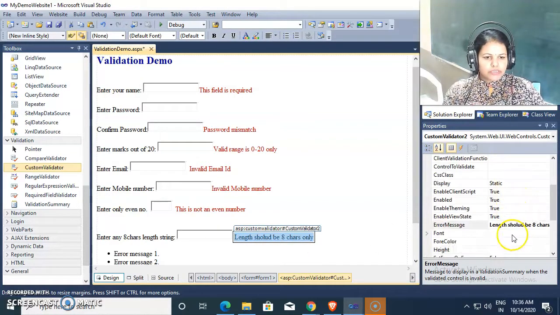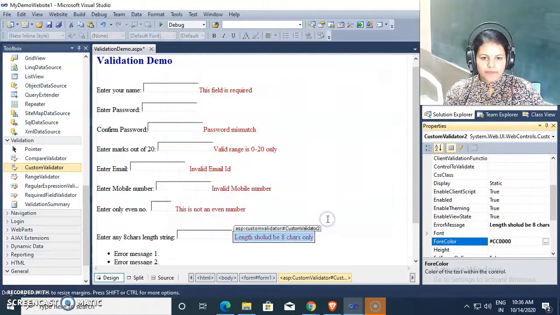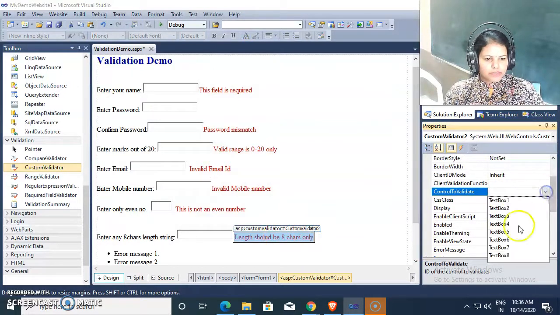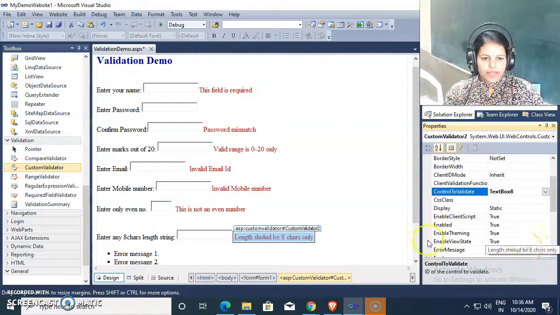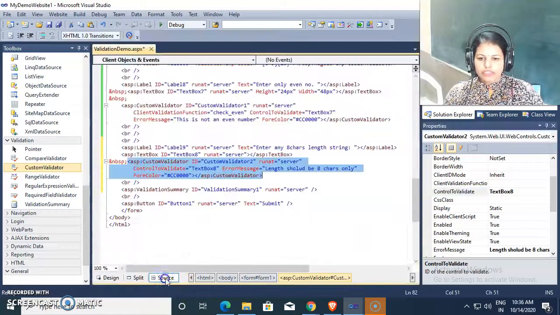I am changing the foreground color to red here, then the control to validate is the text box, as usual. I'm not giving the client validation function here, because I need to use server-side validation, so I'm changing the code like this.